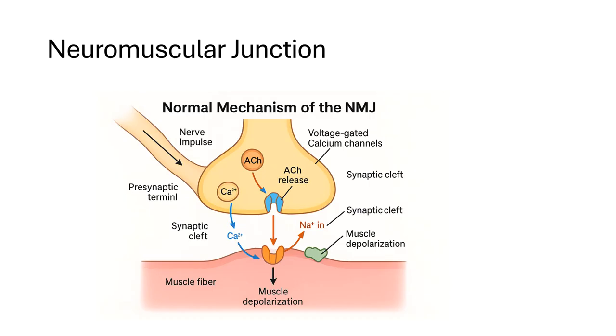Welcome. In this lecture, we'll be discussing Myasthenia Gravis and Lambert-Eaton Syndrome. To truly understand these pathologies, we must first discuss the normal mechanism of the NMJ. In this diagram up here, we will have the presynaptic space, and down here where it says muscle fiber will